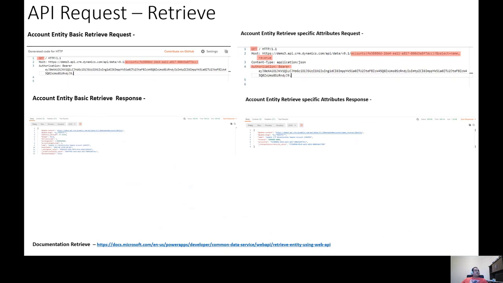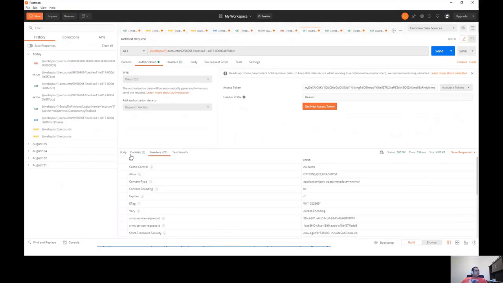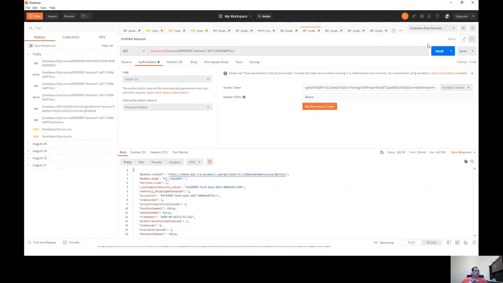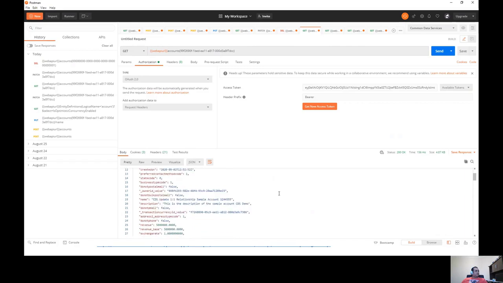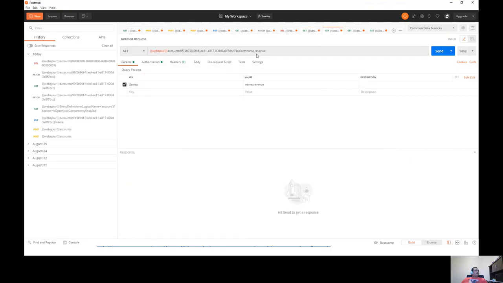Retrieve is again simple. If you want to retrieve a single record, you can retrieve it with the ID and get all the columns, or you can specify a single record and specific columns that you want to retrieve. So let's quickly take a look at that, and then we will move on to more complex demos. Here I already executed this, so I'm getting all the columns. For the next one, I specify just 2 columns.